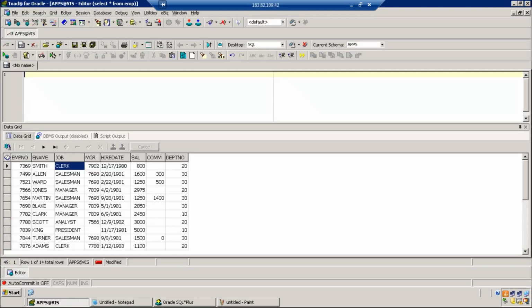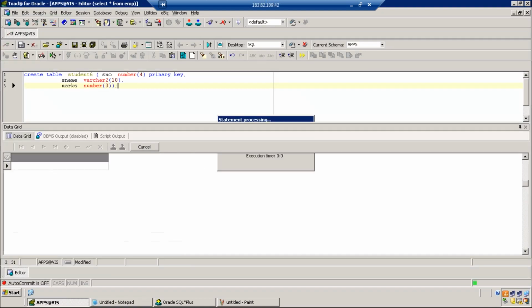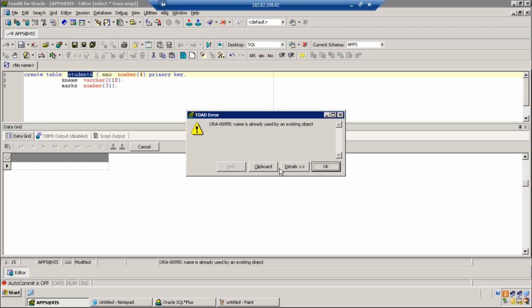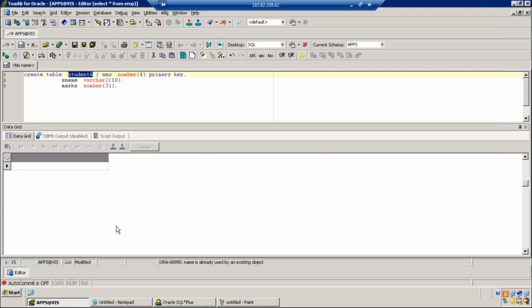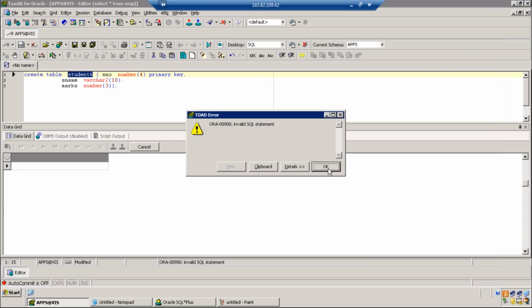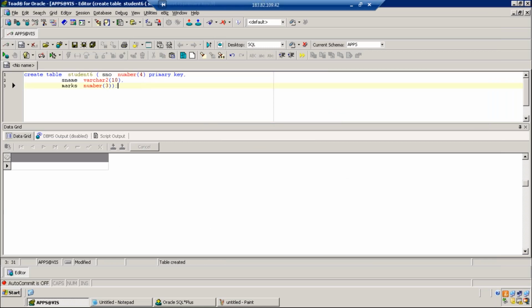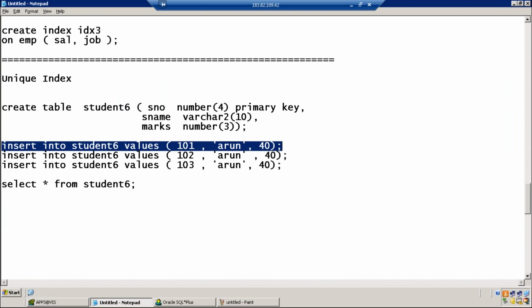Step 1, I'm creating the table. Table created. Now I will run 3 insert commands at once using Toad.